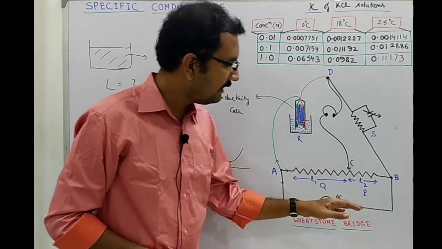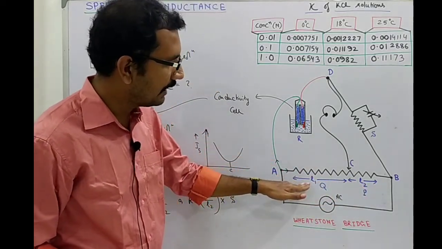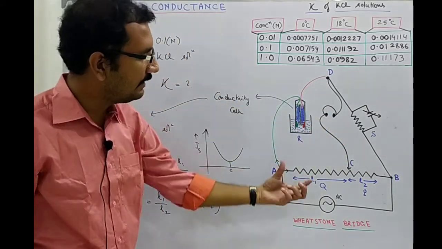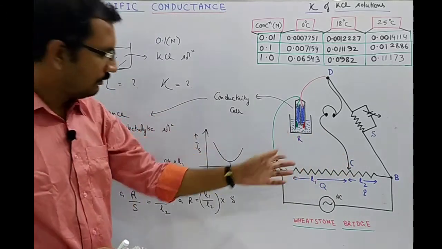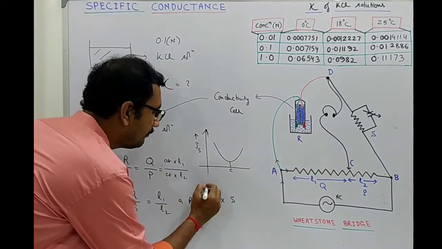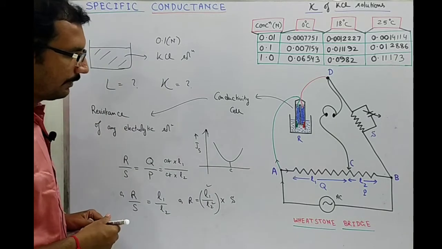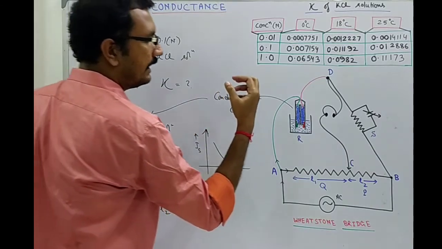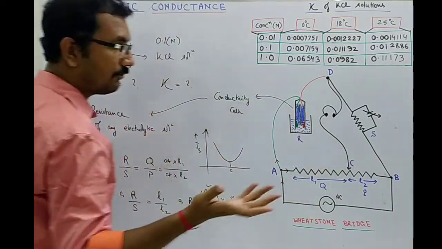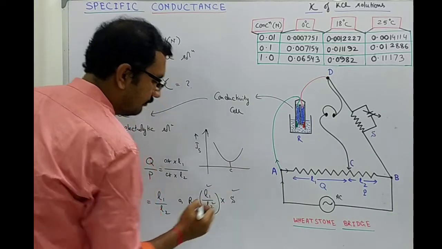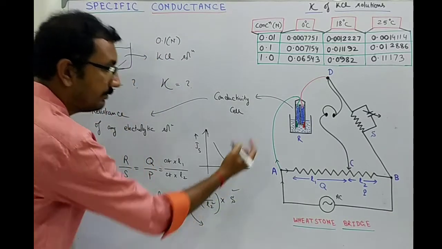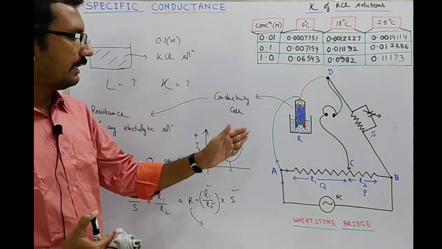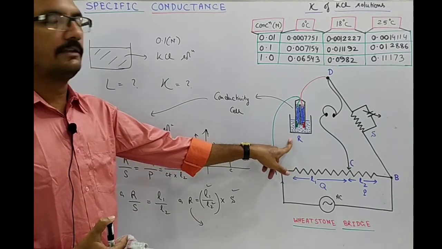Now, you have a scale that is attached to this sliding wire. So, from the position of C, you can directly determine the values of L1 and L2. So, put here the values of L1 and L2. You have L1, you have L2, and S is a standard resistance that has been attached to this circuit of your choice. So, you know the value. From this you can have the value of the resistance of the electrolytic solution. So, using the conductivity cell, you can have the resistance of the electrolytic cell.